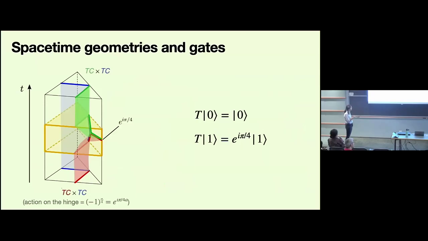Here, the interesting part is actually coming from the hinge action. So we'll have this twisted quantum double action in this spacetime region, but the intersection coming from the hinge gives this non-trivial phase. And we have a single logical qubit, and if the qubit is 0, there is no non-trivial membrane going through the spacetime, and then there is no action. And if there is an input 1 state, then we get this phase from the hinge.